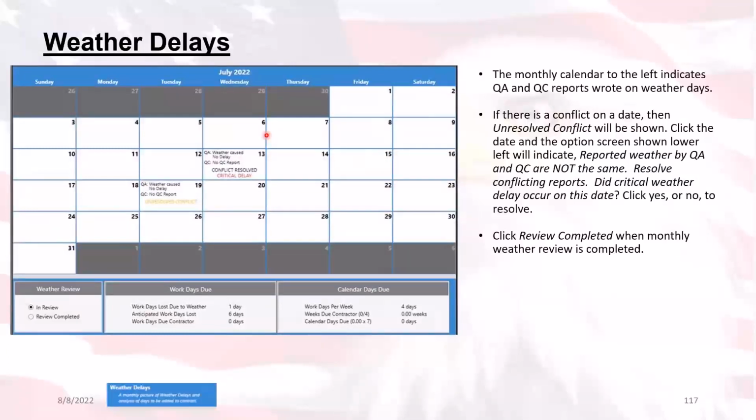And from this calendar view, we can see an example of unresolved conflict will populate here, as well as a critical delay that somebody has annotated, either QA or QC has annotated that day was a critical delay. Again, if there's a conflict on the date, the government rep will be able to select the date by just clicking on the calendar, and then they will be prompted whether or not the conflicting reports has been resolved or